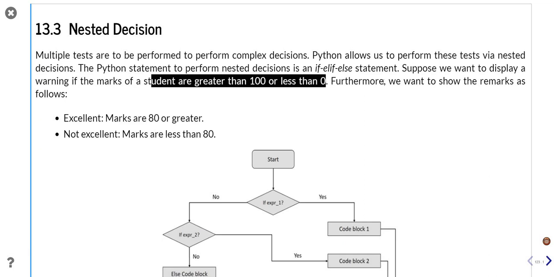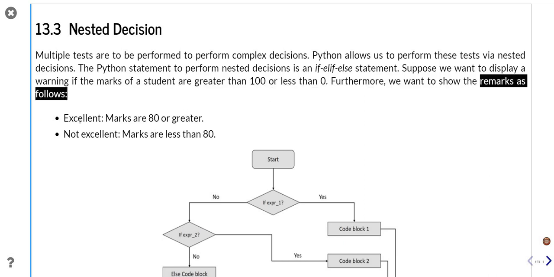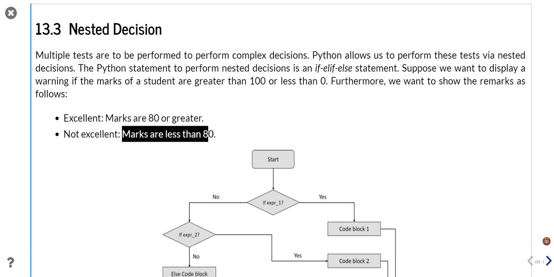So this is some basic criteria. Furthermore, we want to show the remarks as follows: excellent if the marks is 80 or greater, not excellent if marks are less than 80. So if you look at the flow chart,